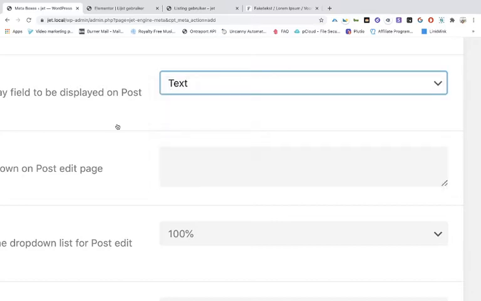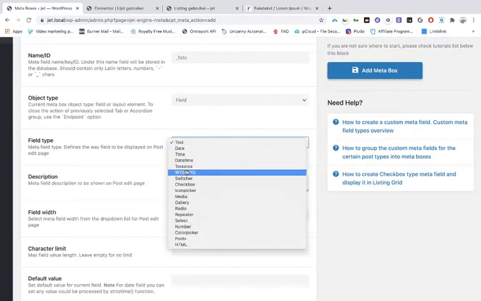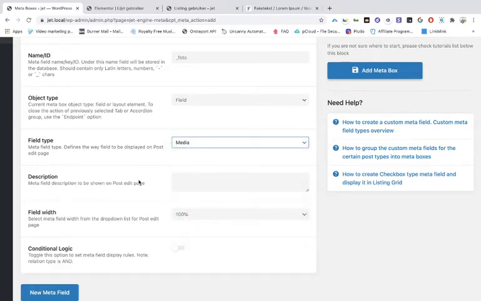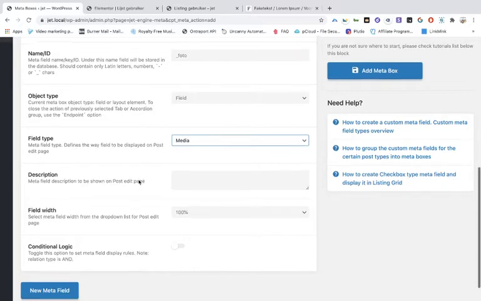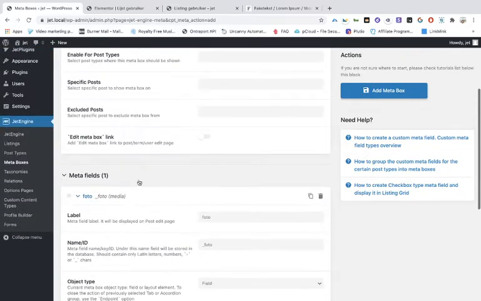It's a little bit more advanced, but in this case we are going to use the photo and we choose for the file type media. Once you've done that, you can save it,